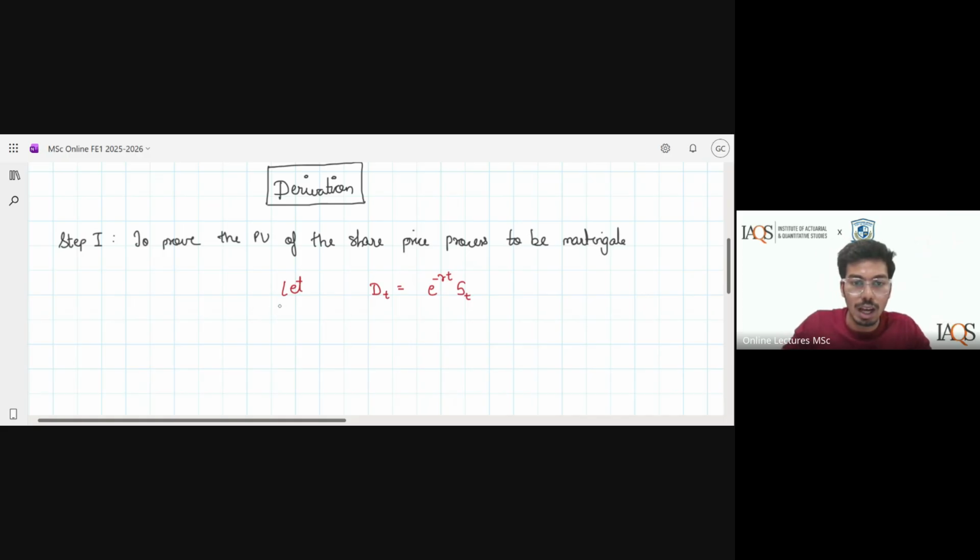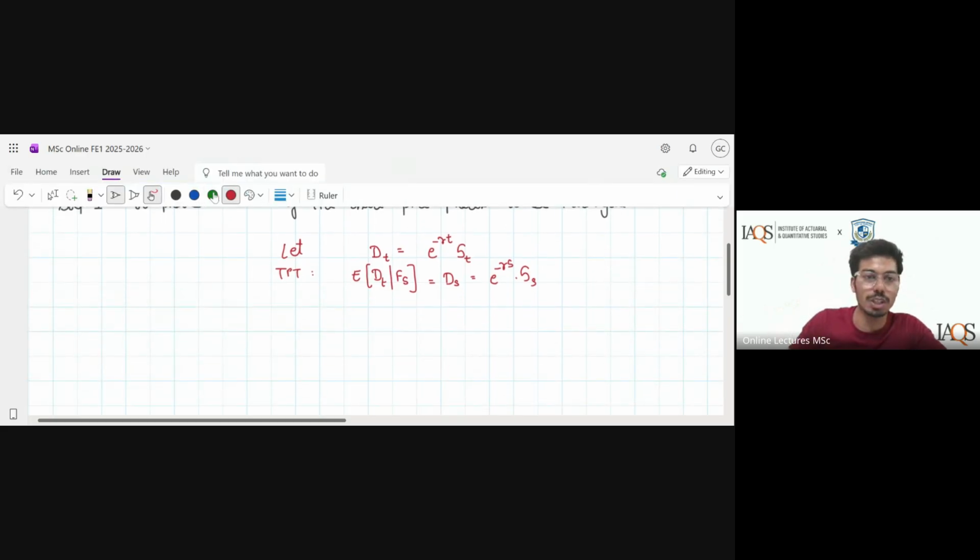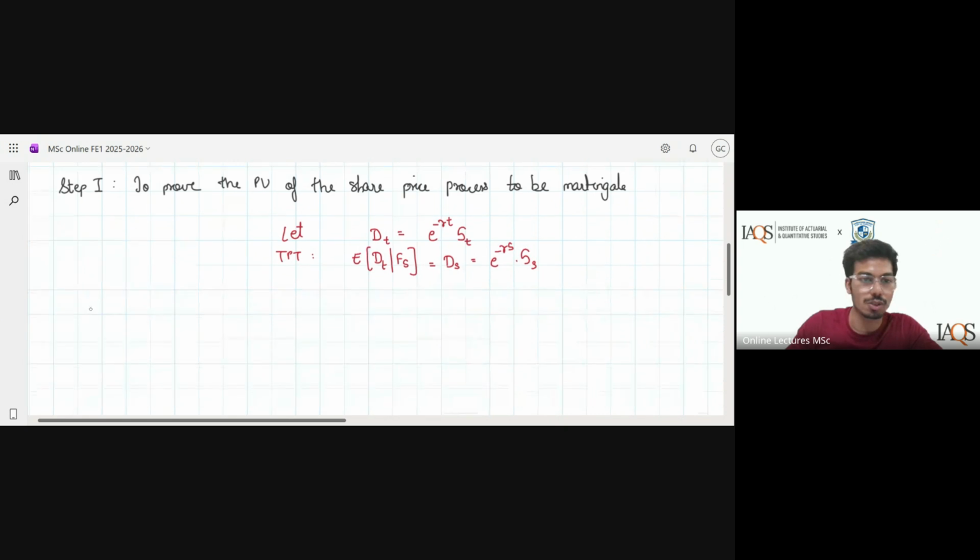Now, I need to prove the expectation of D_T given F_S equals D_S. In other words, I need to prove e raised to minus R S into S_S. This is our condition of martingale that we've studied, and this is what we'll try to prove. Let's do it for discrete and then let's do it for continuous. Under discrete,